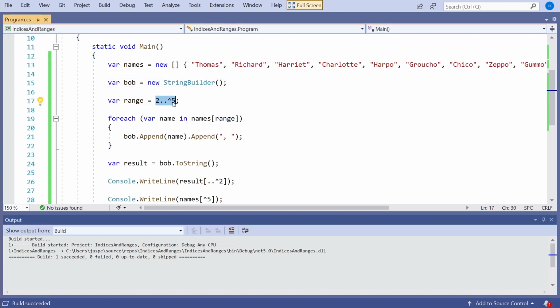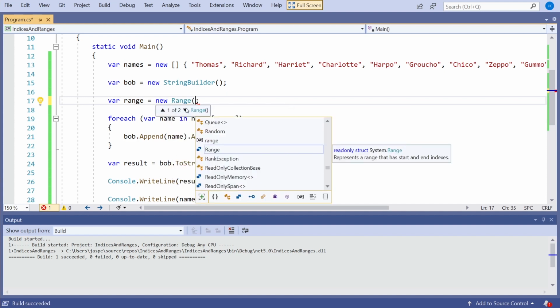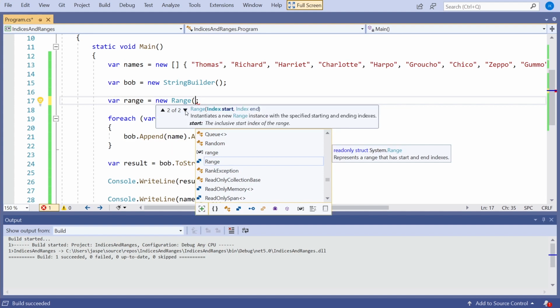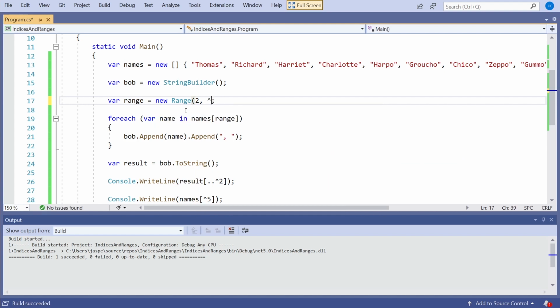And again, I could have done this in a slightly more long-winded way. So I could say new Range, and you won't be surprised to see that a Range simply takes a pair of indices for the start and the end and puts them together. So again, I could have done 2, hat 5 there, but it's much simpler to do it with the built-in syntax.